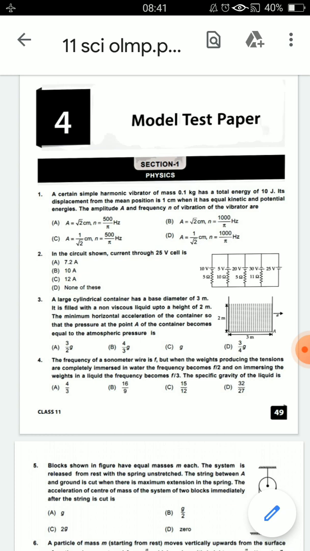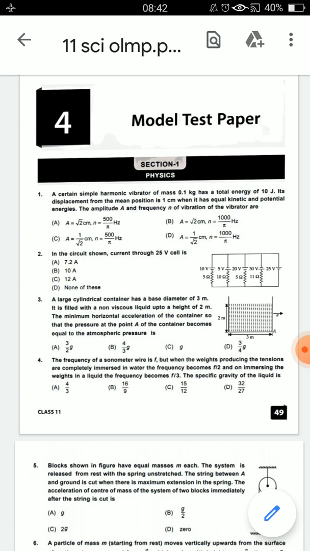In the first, the potential difference V1 is equal to 10 volt. In the second, V2 is 5 volt, V3 is 20 volt, V4 is 30 volt and V5 is equal to 25 volt. The resistances are R1 5 ohm, R2 10 ohm, R3 5 ohm, R4 11 ohm, but there is no resistance given in the fifth circuit.